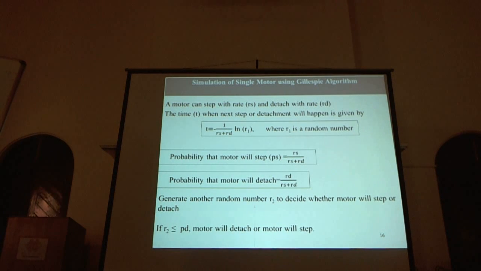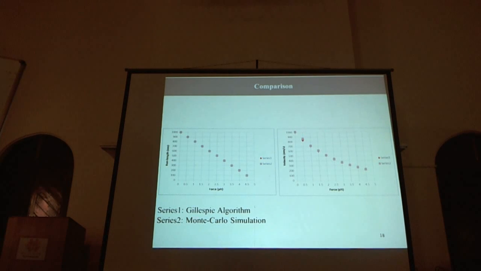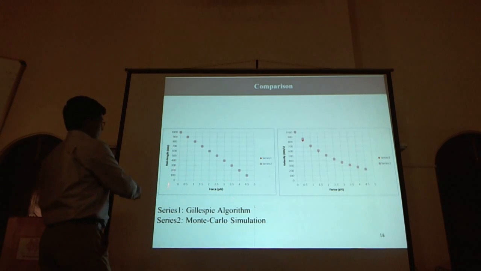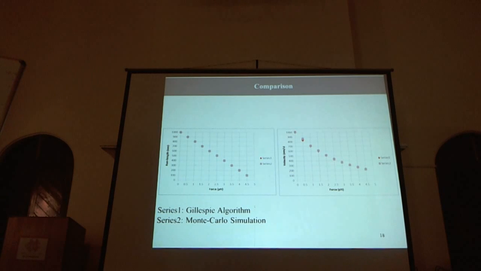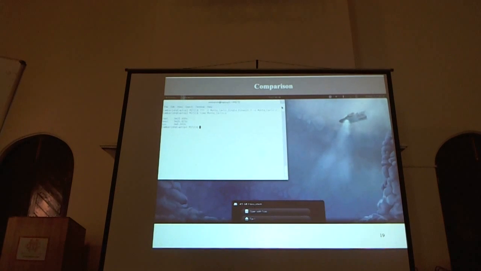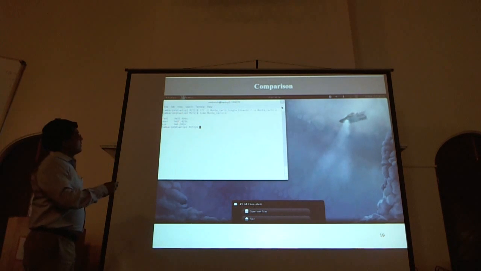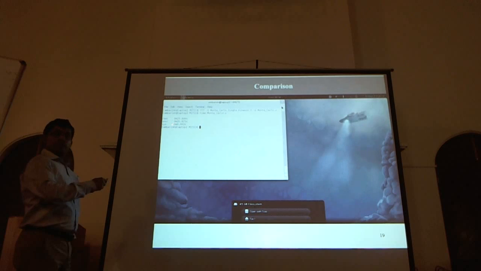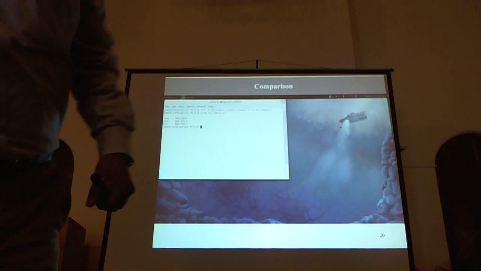Last night I did the simulation on my computer just to illustrate the method, and I have shared the code with you. It doesn't matter which method you use, you will get the same result, which you can verify by running my program. The good thing is that if I use the original Monte Carlo method, my total real time for 60 seconds of simulation was 25 seconds. But if I use the Gillespie algorithm,